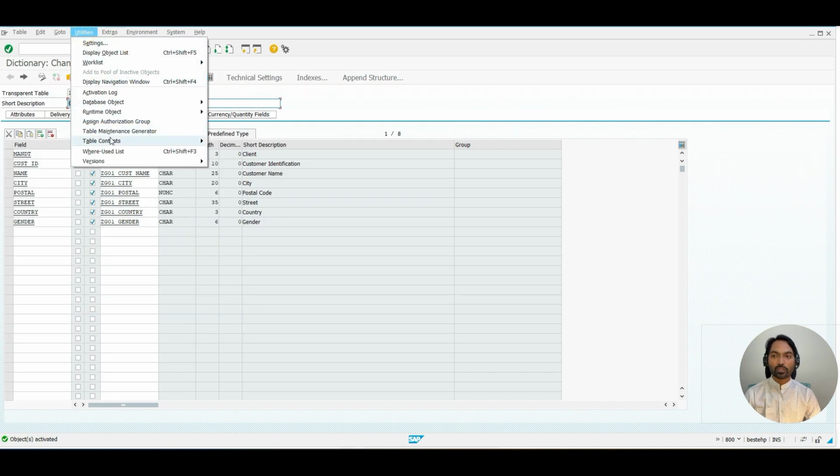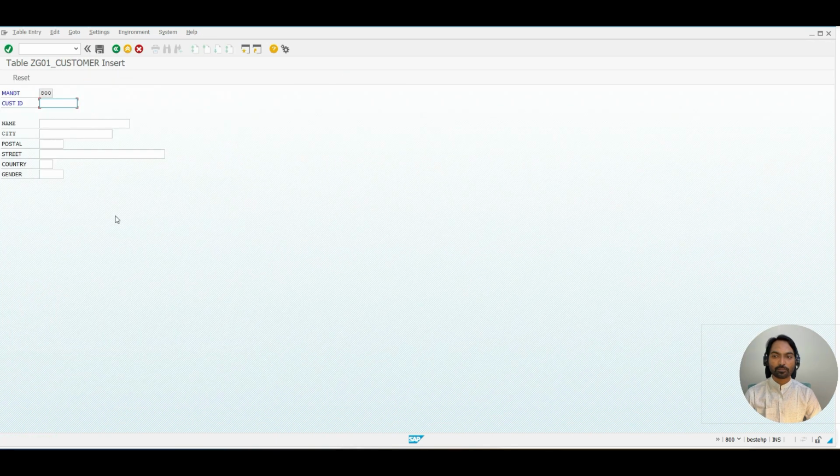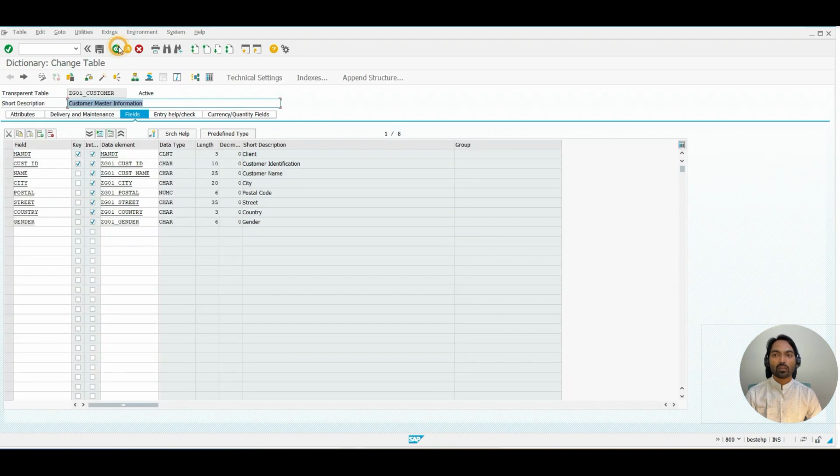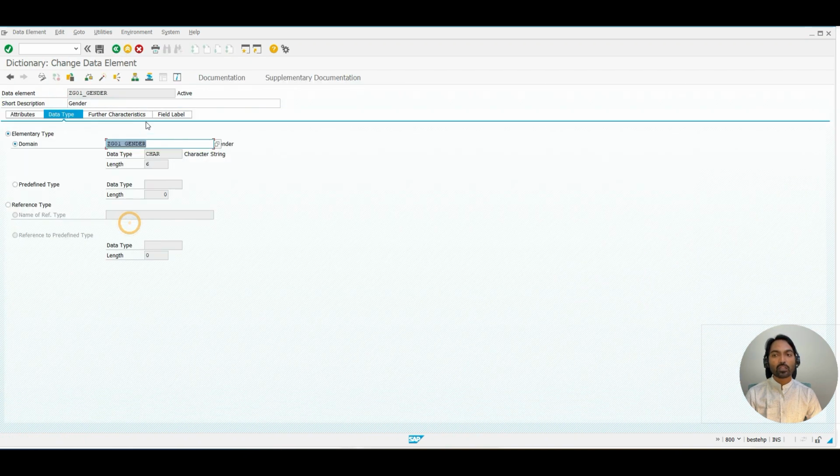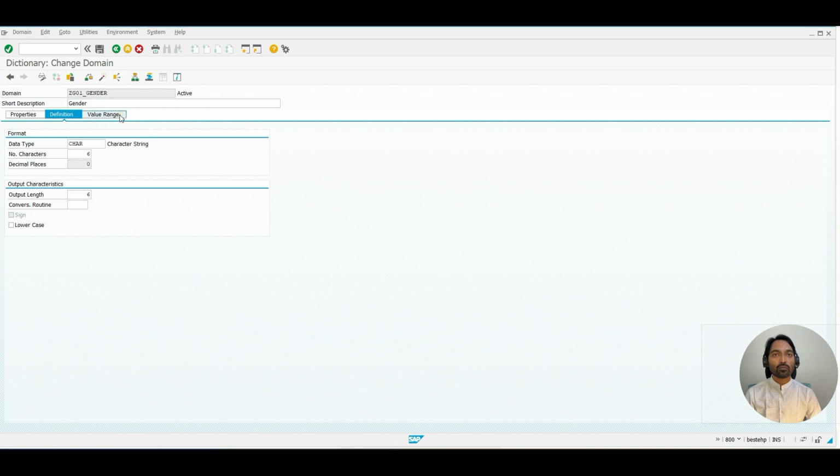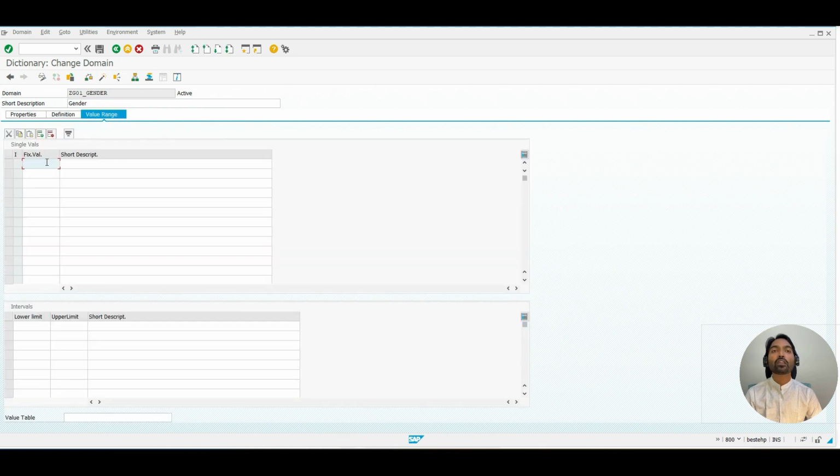Suppose I go with utilities, table content, create entries. If I press F4 on this gender, is something happening? No, right? In the bottom you are getting the message, no input help is available. It means you have not defined the F4 functionality. If you maintain anything under the value range and the fixed values, then only you'll get the list of possible values in a pop-up. Now I want to get it as male,